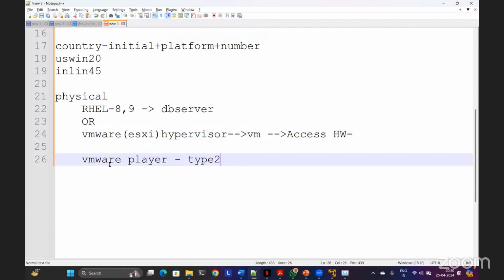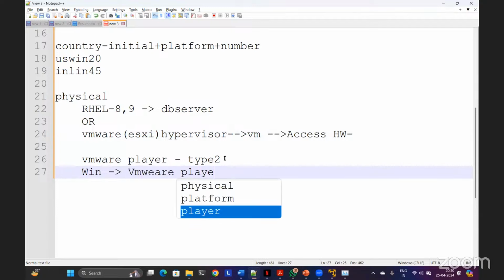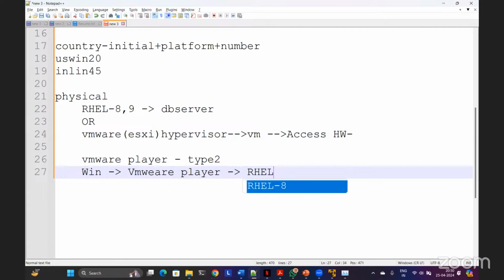What is the difference, and what is Type 1? This ESXi is Type 1. Type 1 allows a virtual machine to access the hardware directly, without the intervention of an intermediate operating system. But in Type 2, like I'm using Windows, on top of Windows I installed VMware Player, and on top of this VMware Player I have installed the Linux operating system, RHEL.